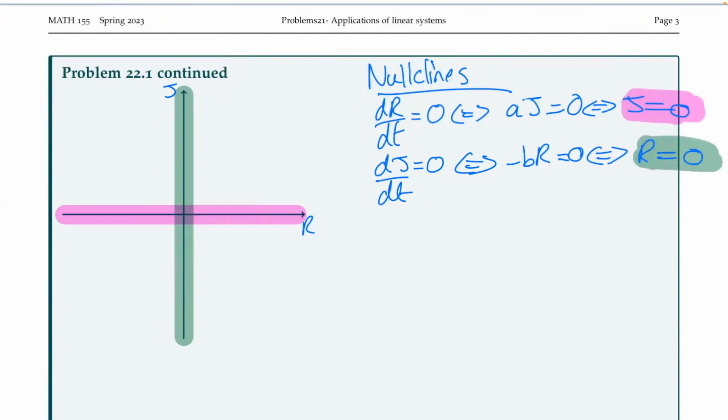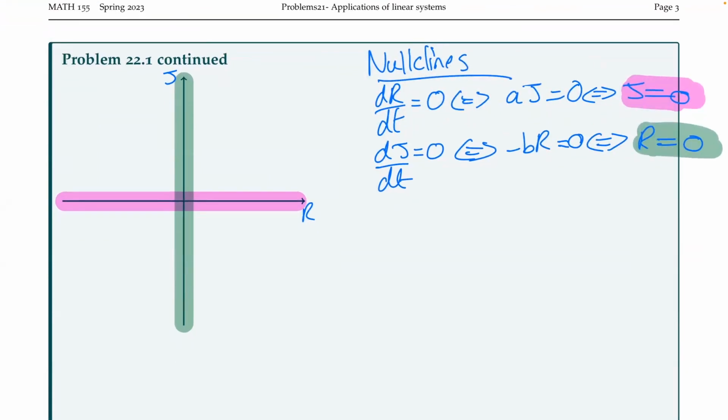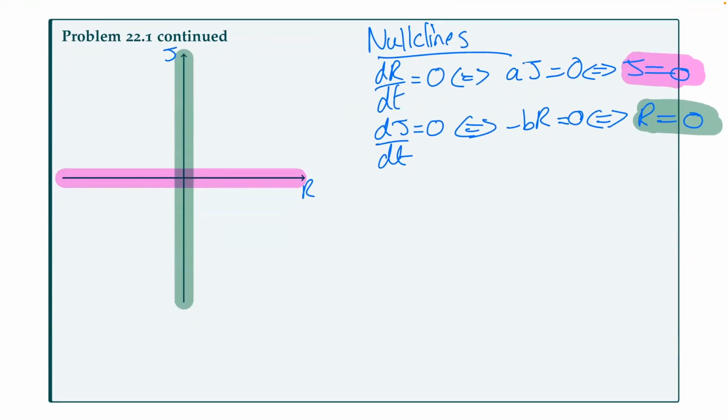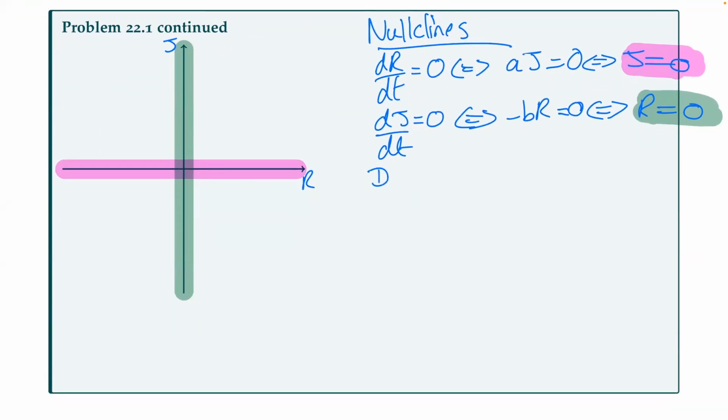So that's my second null line. So once I've found the null lines, what do I have to do next? Arrows? Yep. So we need to find our direction field. So what are the arrows, our direction field? At this point, before I even do any calculations, I like to actually just draw arrows onto my diagram